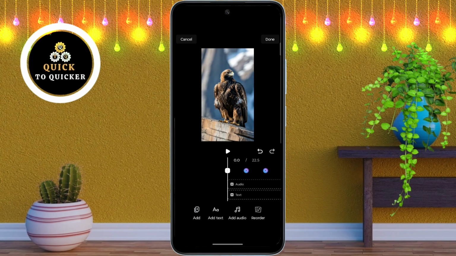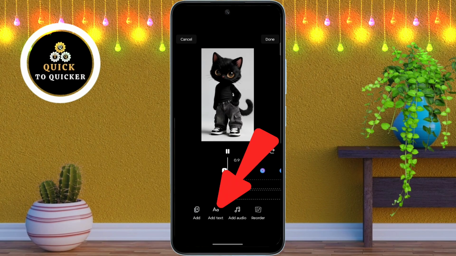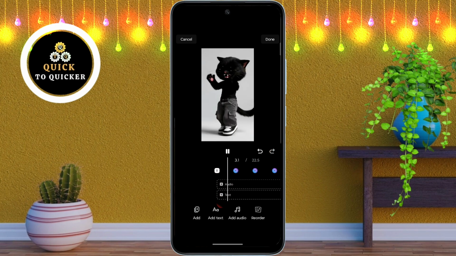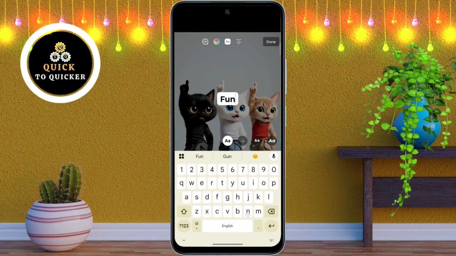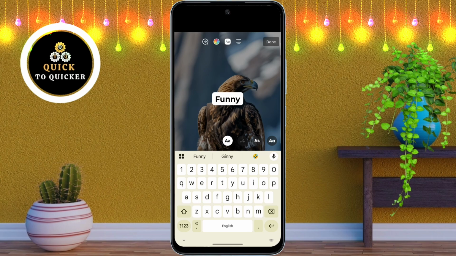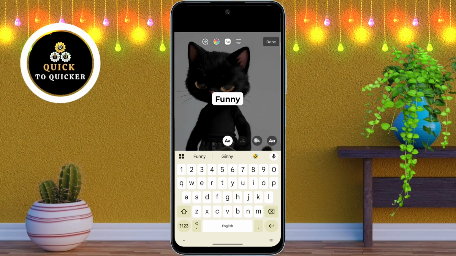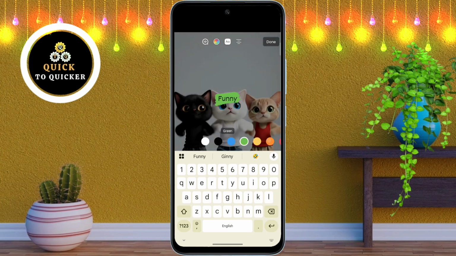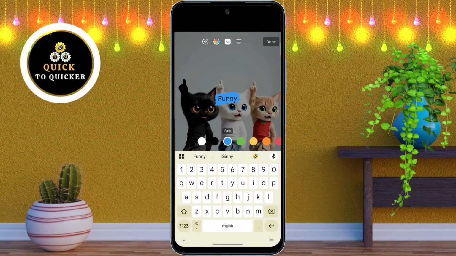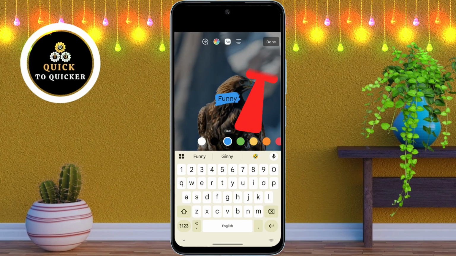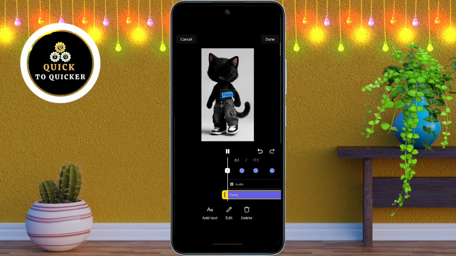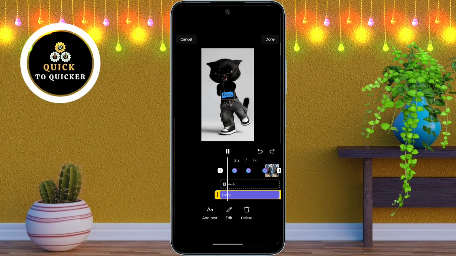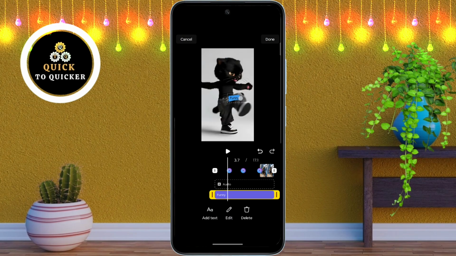Now you can add text to your reel. Simply tap on the add text option and type whatever you want. And you can also change the text design, font style and color to make your reel look more attractive. After choosing the text color and font, tap on done. Now you can drag the text to adjust its position and resize it to make it bigger or smaller as